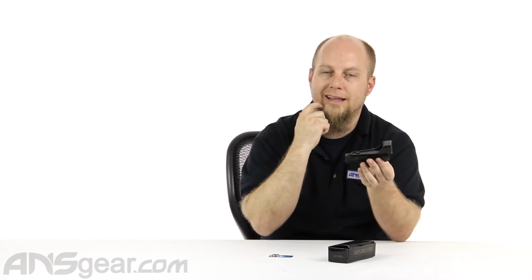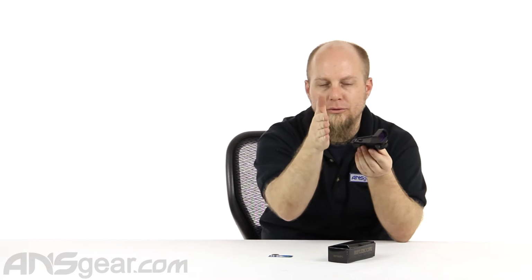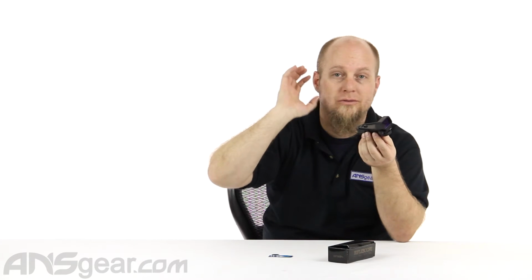So it's not enclosed. You're not looking through a tube or anything like that. And it is just a sight. There's no magnification to it. So you are truly not looking through a tube. I can't say that any other way, I guess. Like a scope, you're going to look through the tube, get the magnification, and see your crosshair reticle, whatever you're